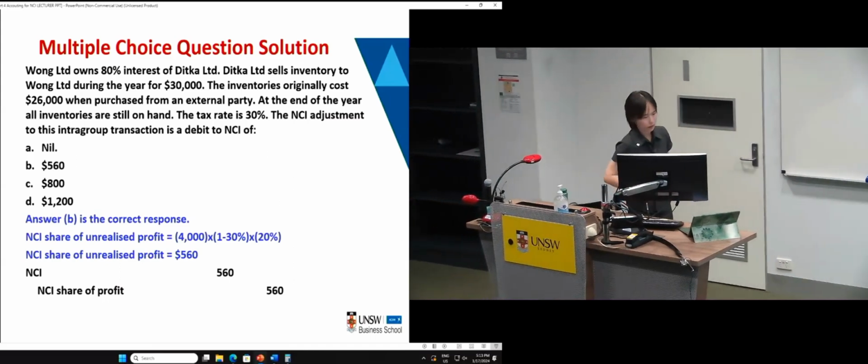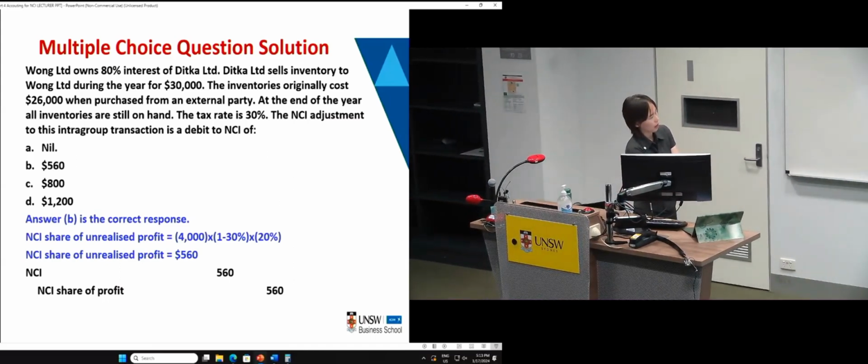Now you can see these elimination entries reduce the after-tax profit by 2,800, using 30,000 sales minus 26,000 cost of goods sold, and then minus income tax expense 1,200. So the after-tax profit of 2,800, which remains unrealized, is now eliminated in your worksheet. When the profit decreases, NCI's share of the profit should also decrease. That's why you have a debit NCI, credit NCI share of profit. Remember, NCI is an equity account. Debit means decrease. Why decrease? Because NCI's share of the consolidated profit decreases.